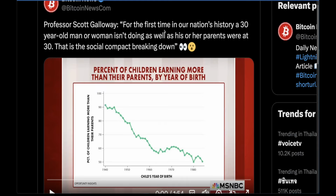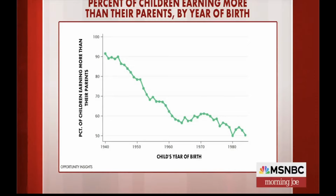frame. Professor Scott Galloway, for the first time in our nation's history, a 30-year-old man or woman isn't doing as well as his or her parents were at 30. This is the social compact breaking down. For the first time in our nation's history, a 30-year-old man or woman isn't doing as well as his or her parents were at 30. That is the social compact breaking down. People aged 30 to 34, 60% of them in 1990 had one child. Now it's 27%. People are opting out of America. They're not optimistic about it. They're not having kids. Young people aren't having sex. They're not meeting. They're not mating. The pool of emotionally and economically viable men shrinks every day, which lessens household formation. So we have a real issue. Young people are enraged. So it turns every cut, every movement into an opportunistic infection because, quite frankly, they are just pissed off. They look up, they see wealth, exceptional wealth across my generation and people in certain industries, and